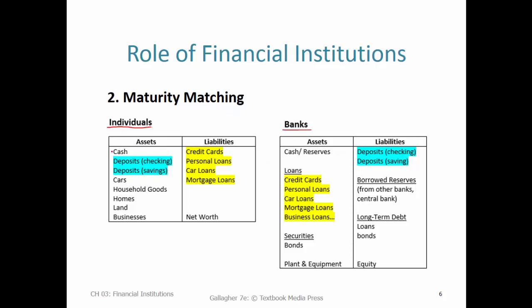Individuals and households are going to hold most of their money in the form of deposit accounts, savings and checking accounts. And those are safe, short-term assets, which are, you can see the color match here, the liabilities of banks. When you put your money into a bank checking account or savings account, that's a liability of the bank. The bank owes you that money, in the case of a checking account, on demand. In the case of certain kinds of savings accounts, there could be a term to that, a maturity date, but they're relatively short-term for both of them.